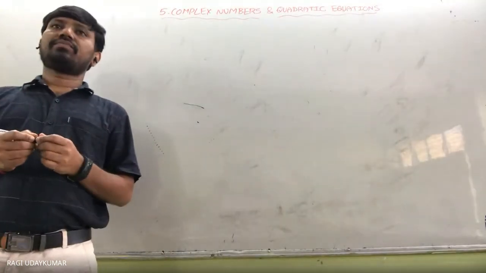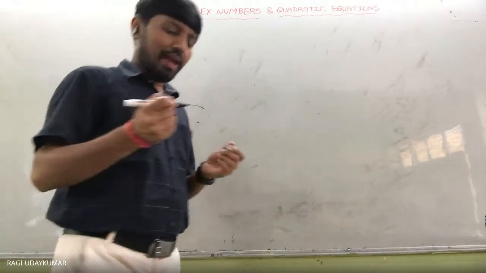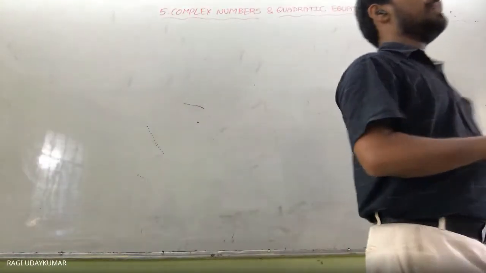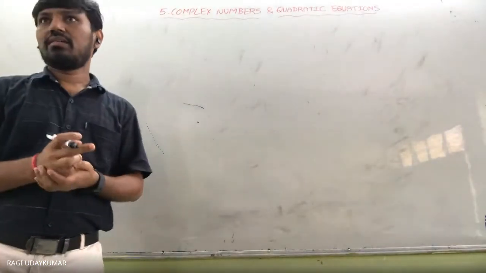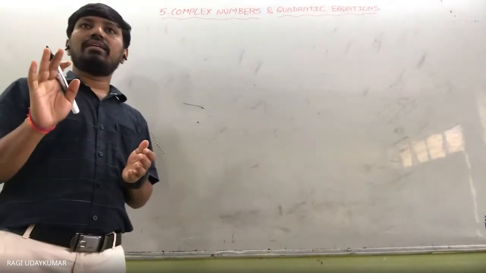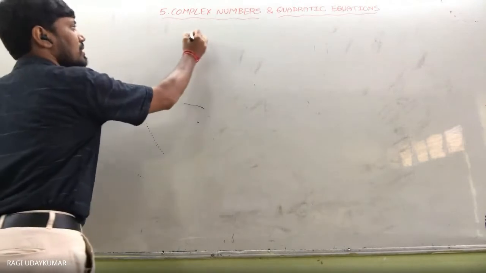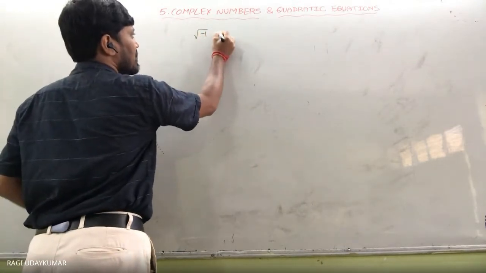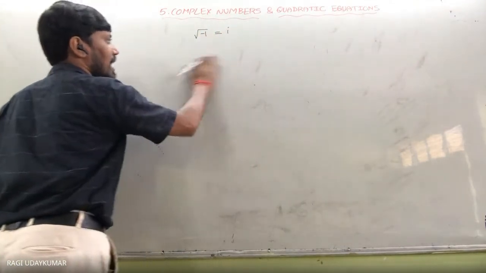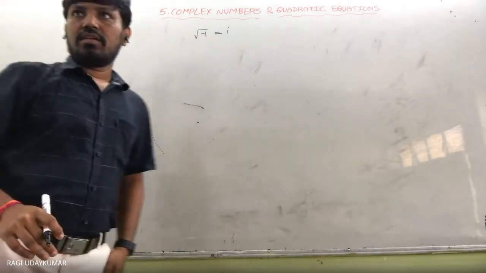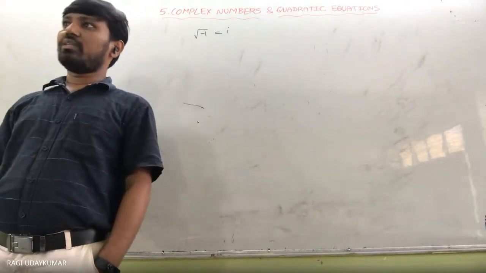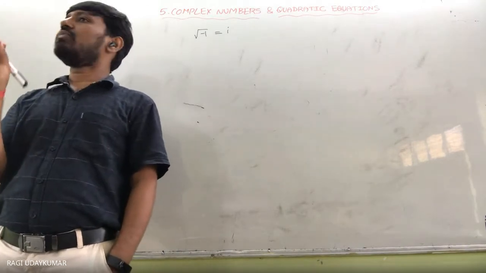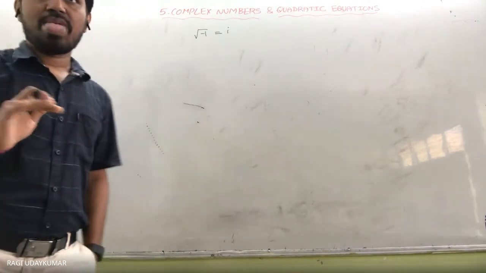Complex numbers. Already I told you about the complex numbers. Once again, let us see here. Which type of the numbers are called complex numbers? Usually, the square root of -1 will be represented with i. Negative numbers का square root नहीं होता है, so that's why a symbol was taken, which is an imaginary number.